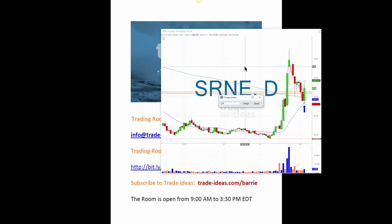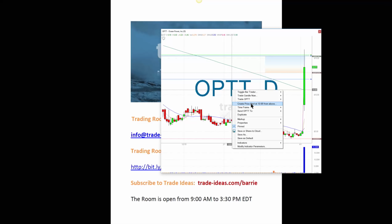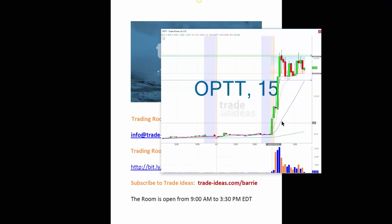Of course, everybody was all excited about this one. I did not get into this one, unfortunately. Saw this in the pre-market. And a lot of it is because I just can't chase these. I mean, I won't chase them. This is a low float, $500,000 in the float. Maybe an argument to be made around this area. And look what happened once the market opened. This started in the pre-market at 488